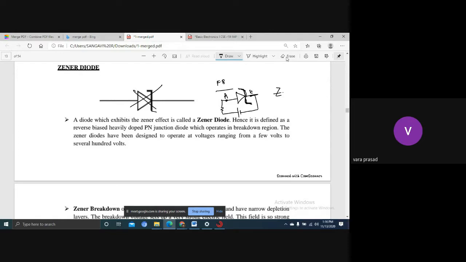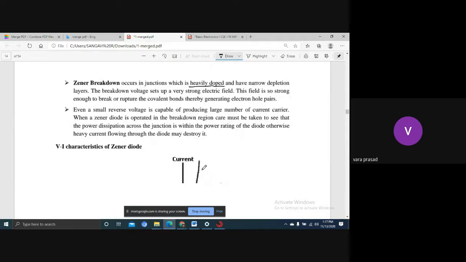If it is a reverse bias, okay, the diode has to be connected in reverse. This is the anode terminal and this is the cathode terminal. This is the negative terminal and this is the positive terminal. Anode is connected to the negative terminal, cathode is connected to the positive terminal. This is forward bias, reverse bias. And same thing, what you have written on PN junction, same thing you can write. VI characteristics also same, please keep in mind.